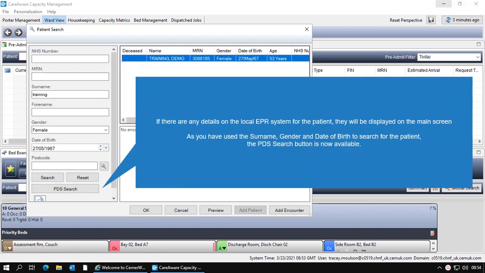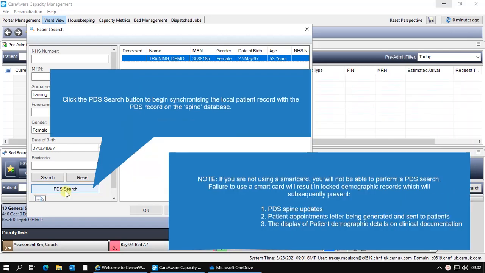If there are any details on the local EPR system for the patient, they will be displayed on the main screen. As you have used the surname, gender and date of birth to search for the patient, the PDS search button is now available. Click the PDS search button to begin synchronizing the local patient record with the PDS record